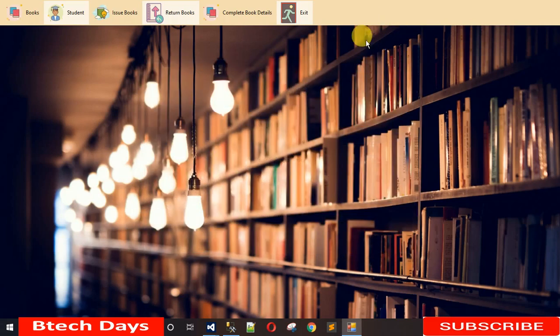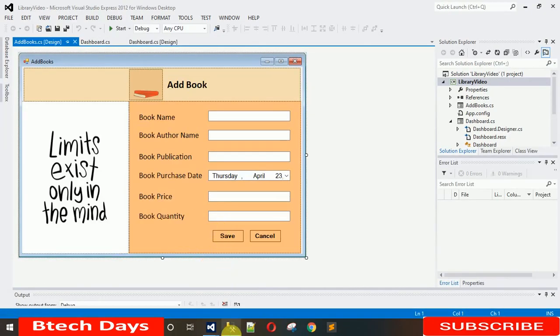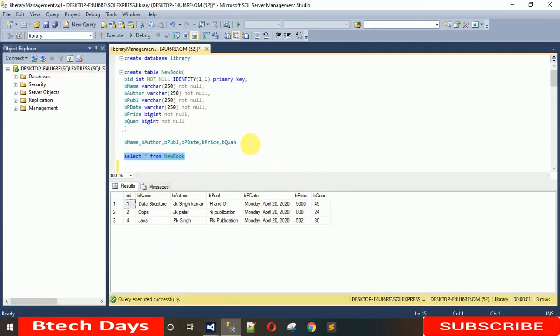Let me just close this. Now let me move to the database. Here you can see I'm using Microsoft SQL Server Management Studio. Just pause the video, and first you have to create this one, execute this one into your